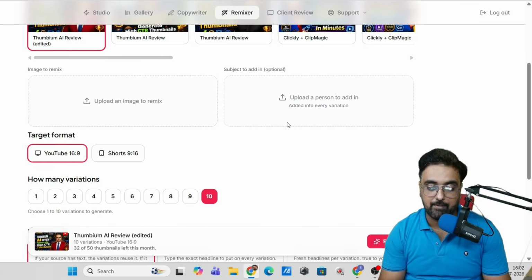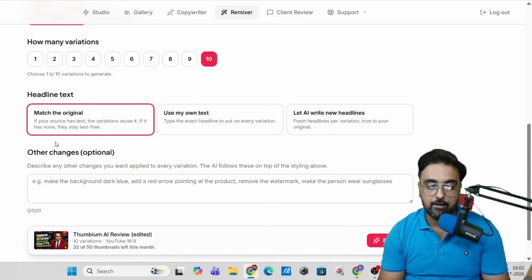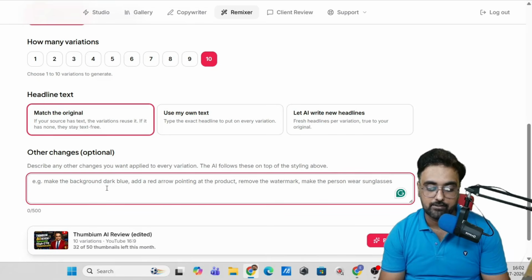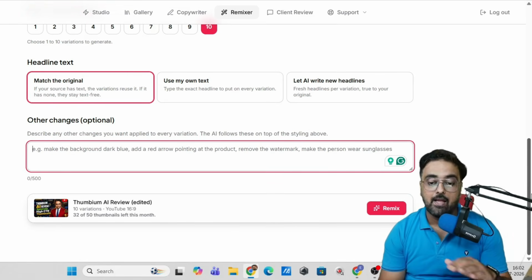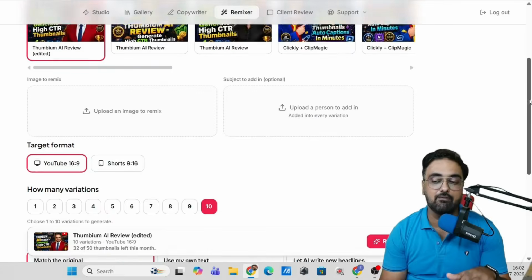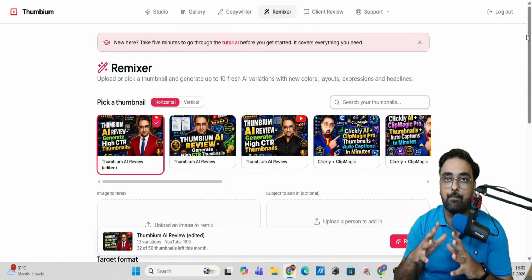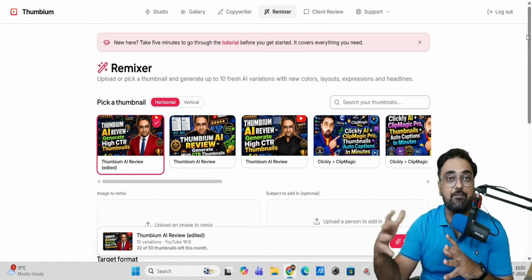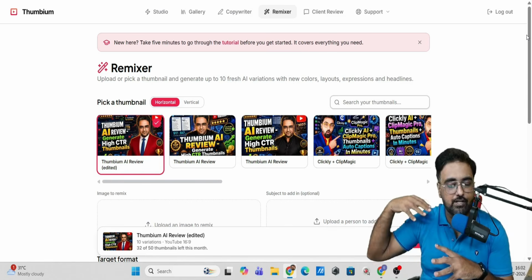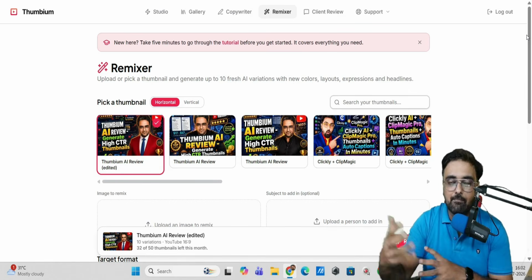You can upload a new image, or you can add a new person to it, or you can add a variation number and it will go ahead and create variations for you. You can match the original text, or you can choose other text as well. You can change the backgrounds. You can do whatever with it you wish to, and remix and reproduce something which is similar. It kind of produces the A/B kind of testing, split testing. Or if you want to generate a completely new thing based on a theme, you can do that as well